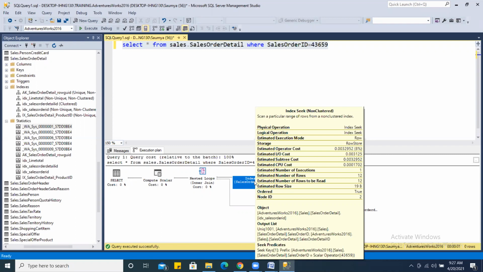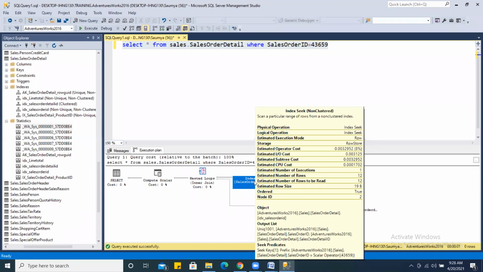Different kinds of information are displayed here. One of the very interesting pieces of information related to your statistics is the estimated number of rows to be read. That is what I told you, that statistics is a database object that helps the optimizer estimate the number of rows to read in order to perform a particular operation.